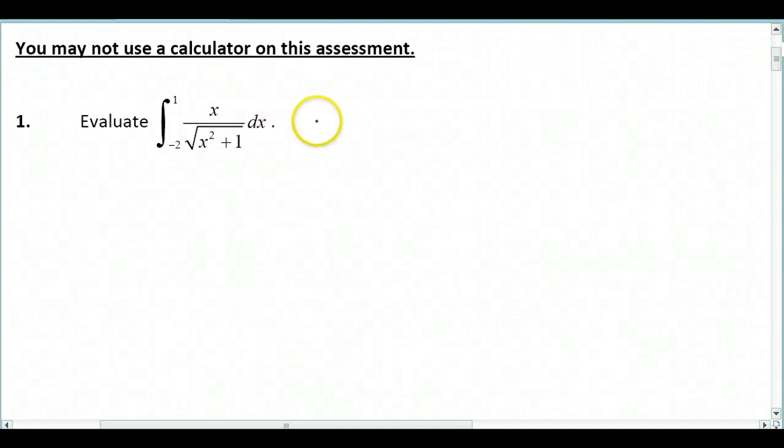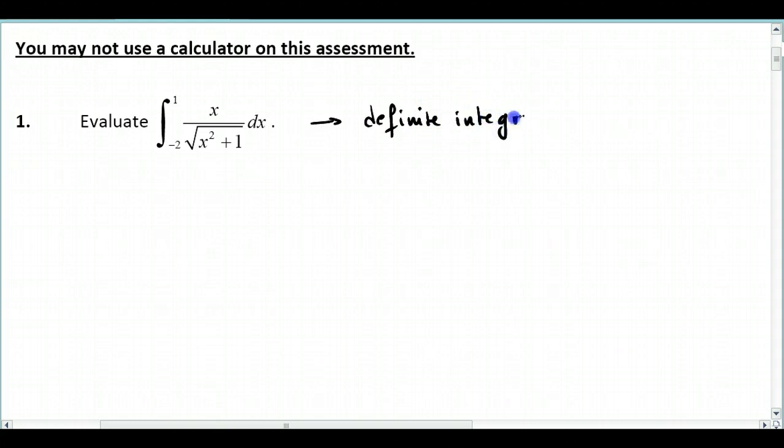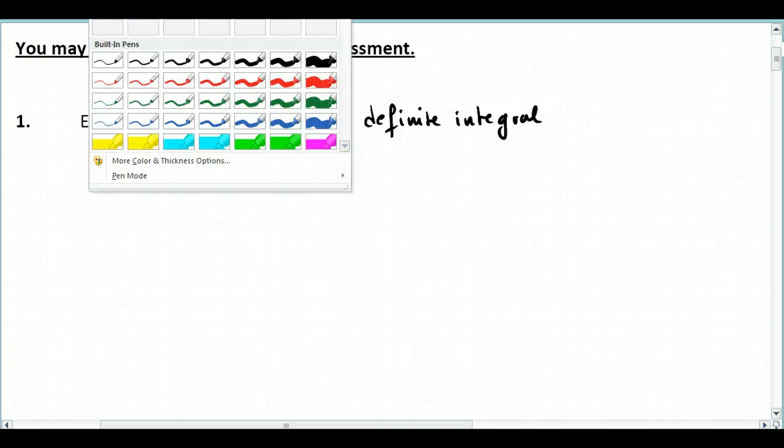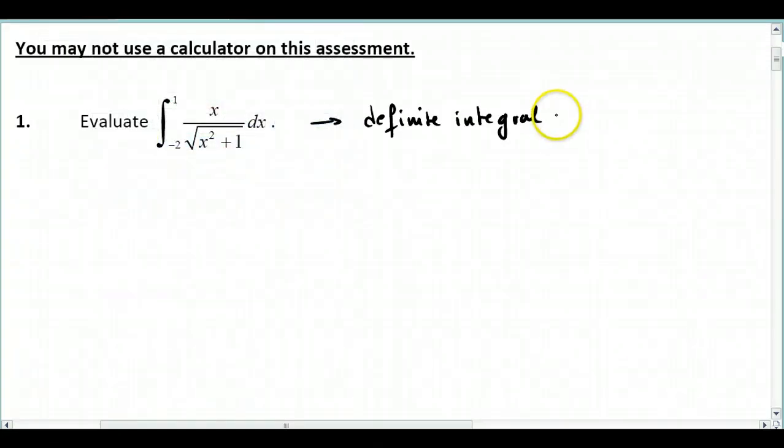Well, what's the first question? You have to evaluate an integral. This is a definite integral. It's not an indefinite integral. What does it mean that it's a definite integral? Do I have something thinner here? Is it thinner? Yeah, it means that you have